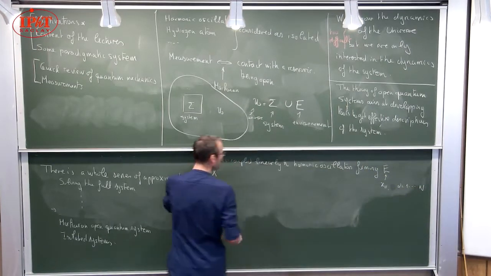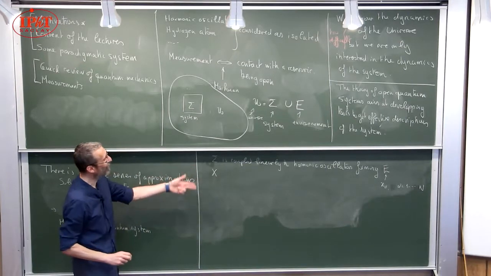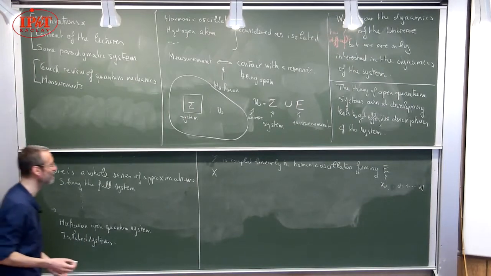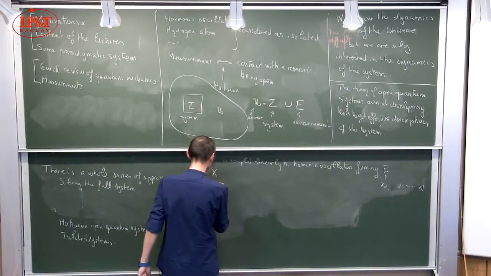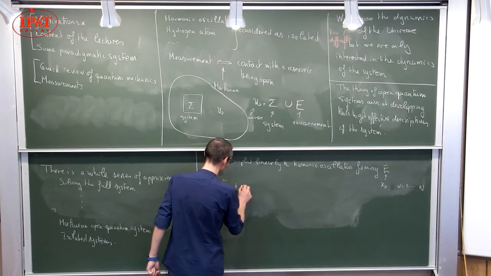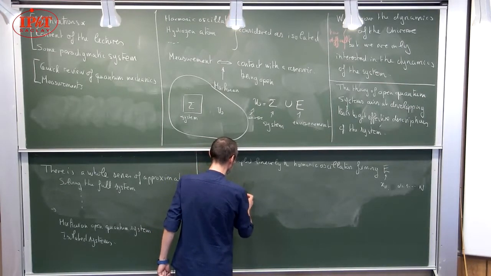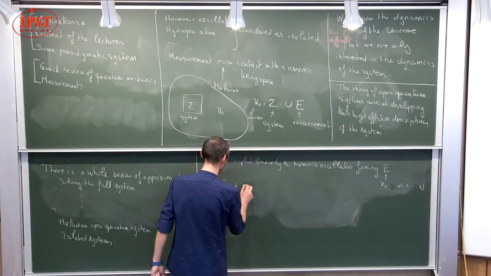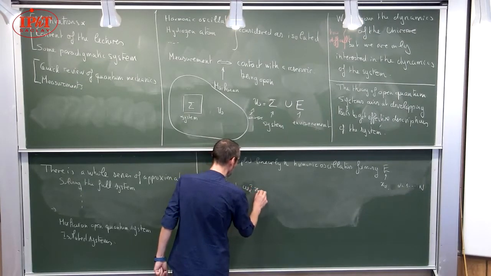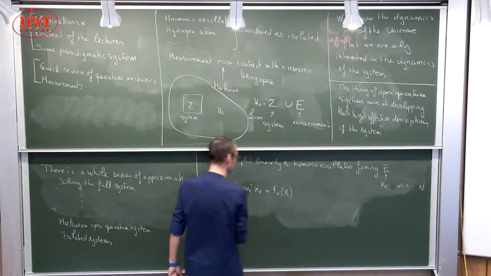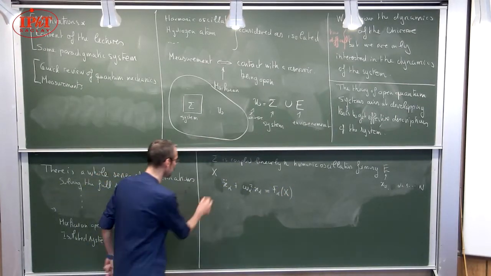And because X is coupled linearly to harmonic oscillators, I don't put operators, but in fact the equations of motion would be the same classically or quantum mechanically. It doesn't make any difference. So basically, what you would find is that M alpha X alpha double dot plus omega alpha squared X alpha is equal to F alpha of capital X. Okay, so these are harmonic oscillators. So let me suppress the mass. I don't really care about it. And then you have equations of motion